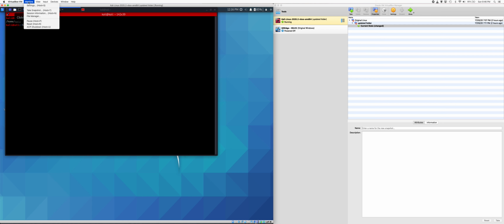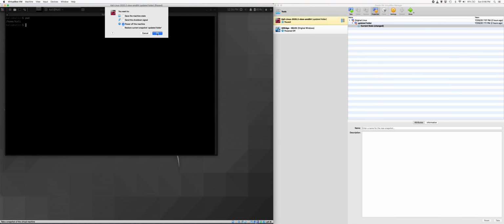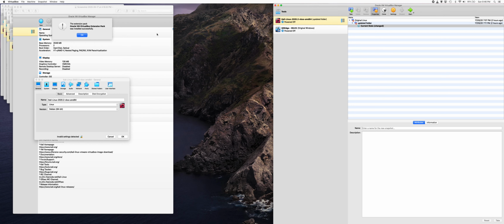Now we will close this. Let's close it here. Say power off machine. Now one more thing I forgot is sometimes you have to install an extension pack. It was not opening. So when you are not getting this thing, you have to get this extension pack. This is very simple.